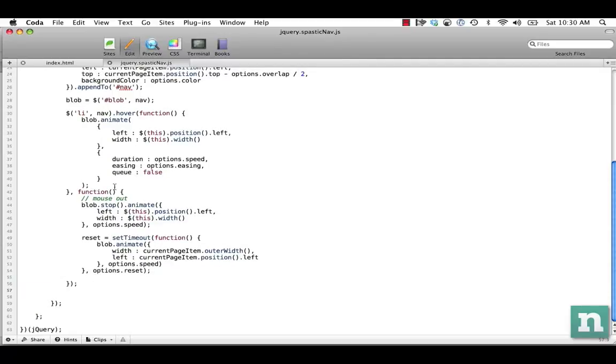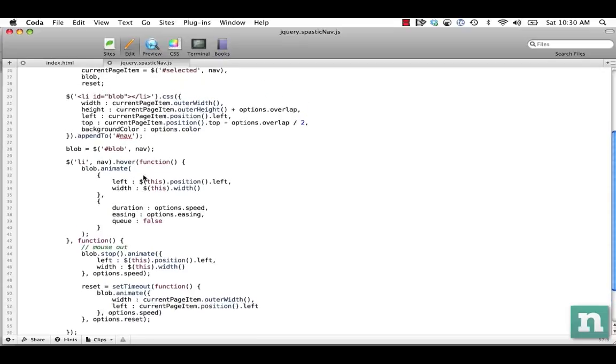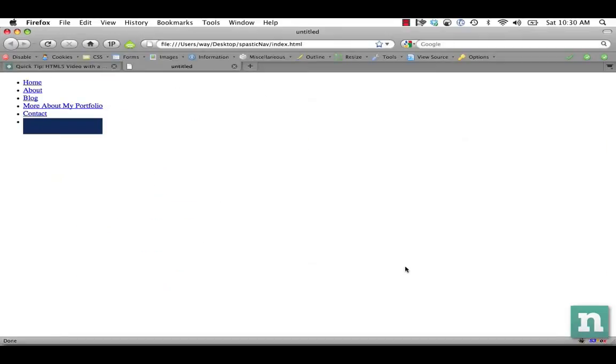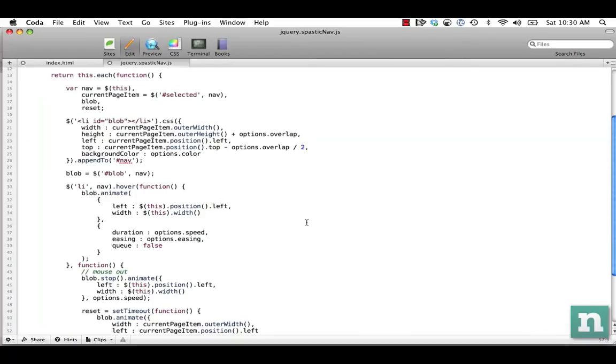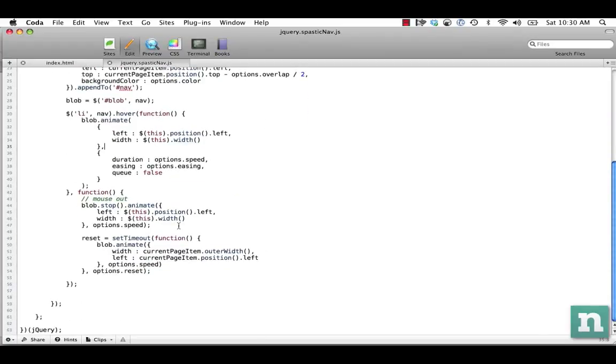Okay, so that looks pretty good. We can go over this, see if there's any Firebug errors, refresh the page. Okay, and I think we should be okay with that. The final thing we want to do is, let's say the user hovers over a menu and then they hover